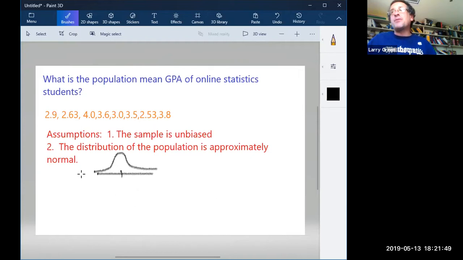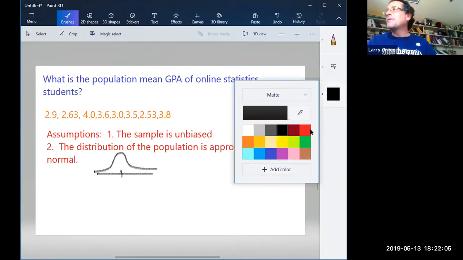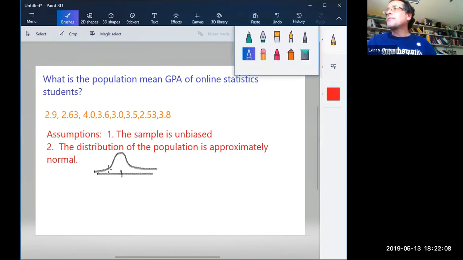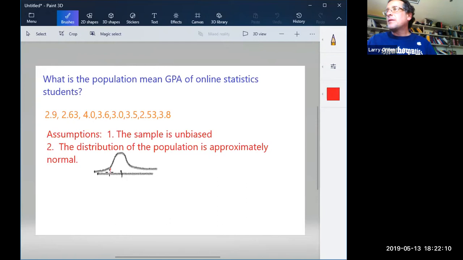Okay, but the point is that I'm assuming. So we do have this normal distribution. And what I want to do is say, well, I want to be 95% confident of some interval of a GPA. So let me draw some more. I want this area to be 0.95. Any questions on that so far?